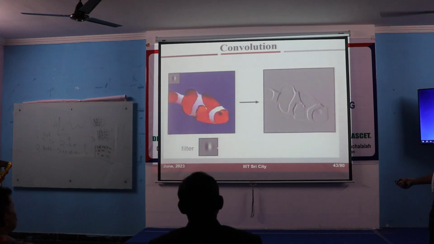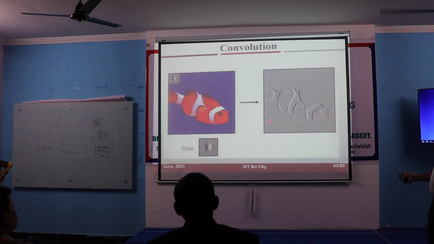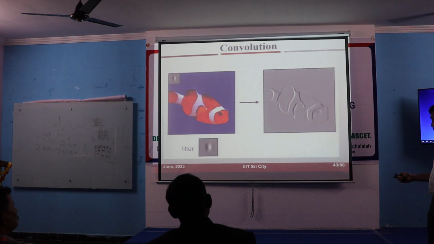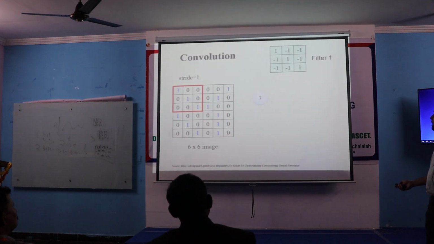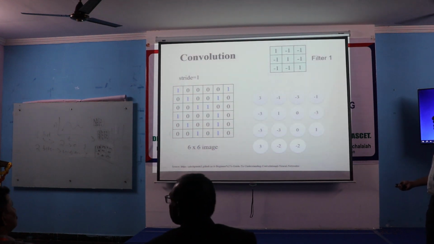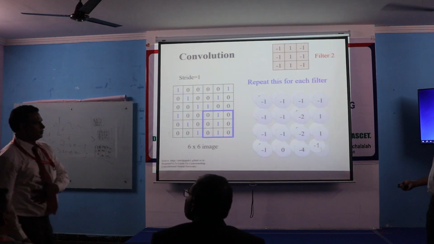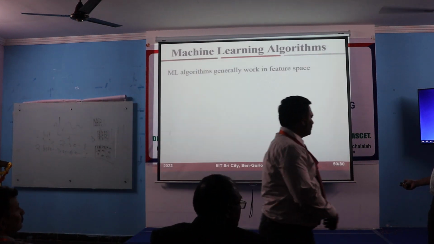That means if I put one sort of filter value here, I will get one feature, another filter value here, I will get another feature. So that means I can use different filters to get different feature values. So this is where